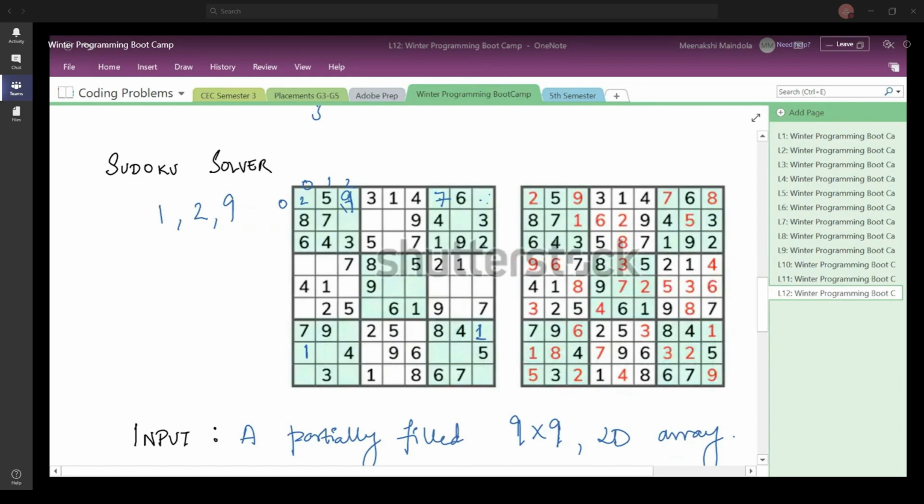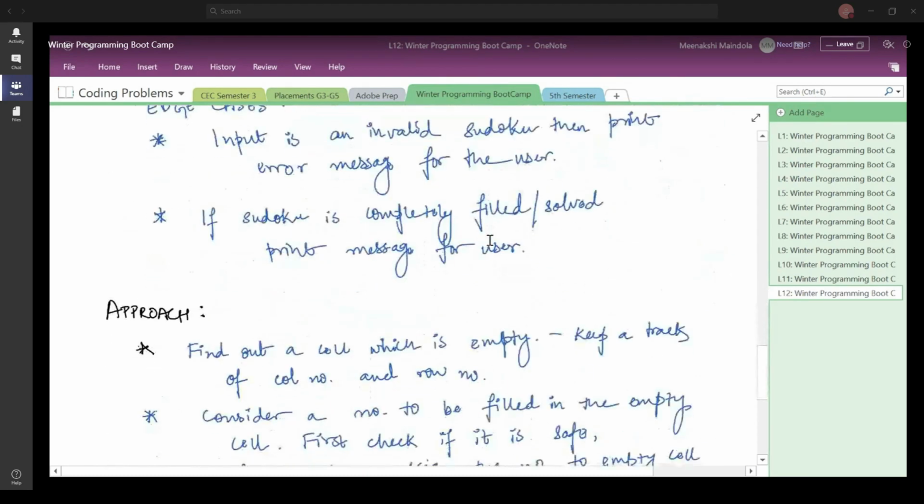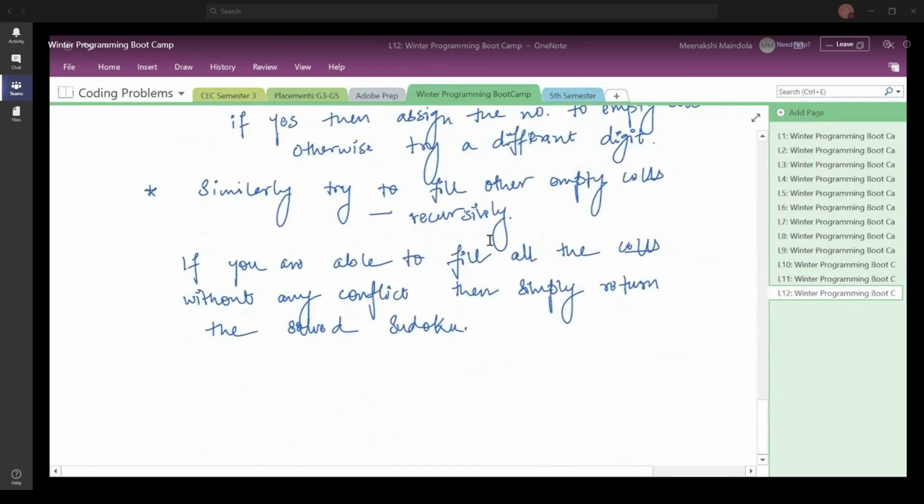And when you are stuck, you will understand that this is not the right solution for the Sudoku. So in that case, what do you do? You go back and erase or remove the element that you had just written and try with a different digit at that particular position. That is what recursion and backtracking will do for you.